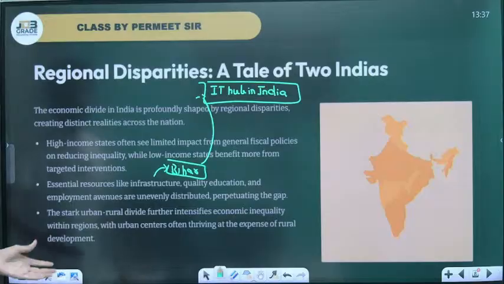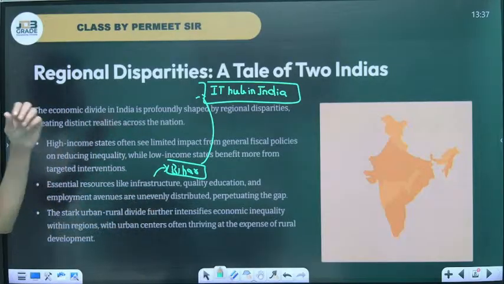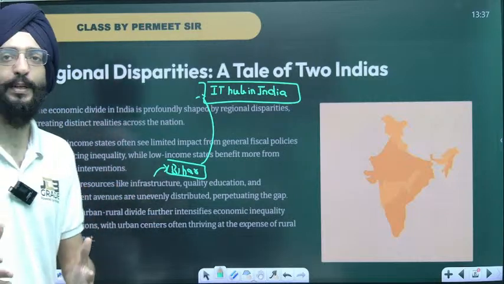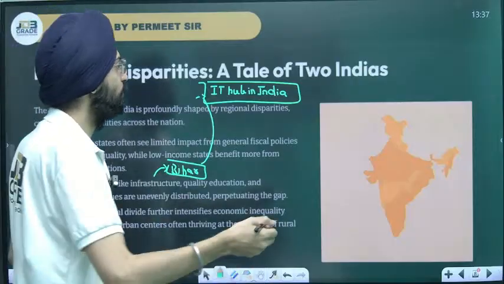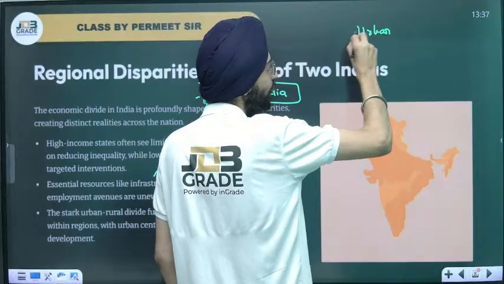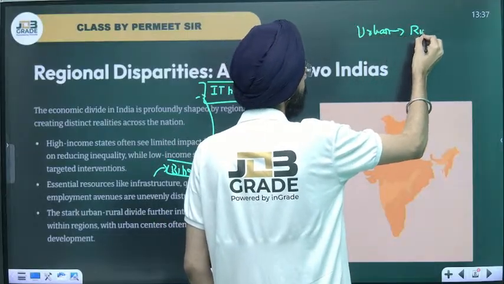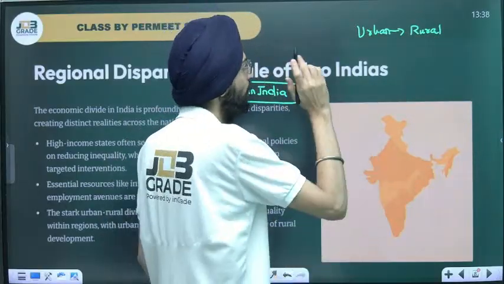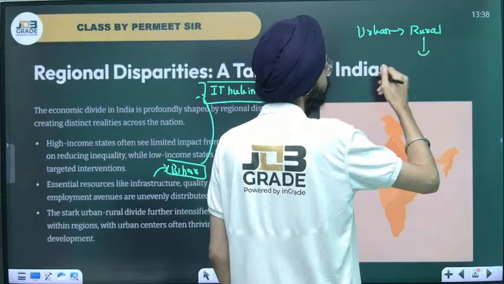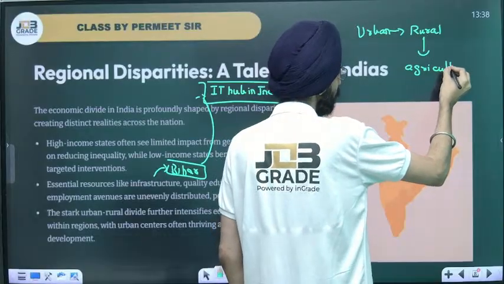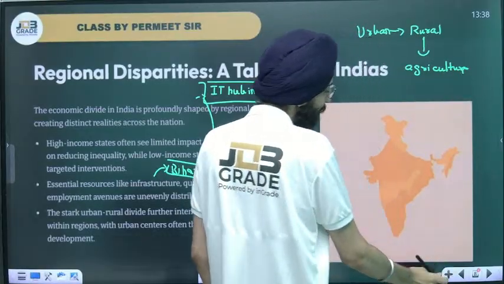Okay. Another stark urban-rural divide further intensifies economic inequality within regions, with urban centers often thriving at the expense of rural. And there has been inequalities in the urban and the rural centers as well. We have discussed in our earlier classes that there has been more opportunities in urban as compared to the rural segment. Why? Because of course the industries are there. The rural sector is known for agriculture, and agriculture is stiffly bounded by